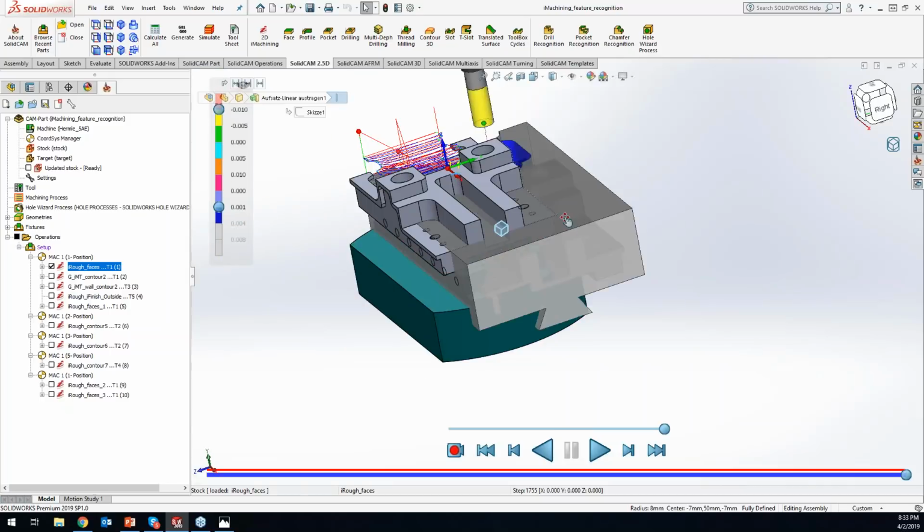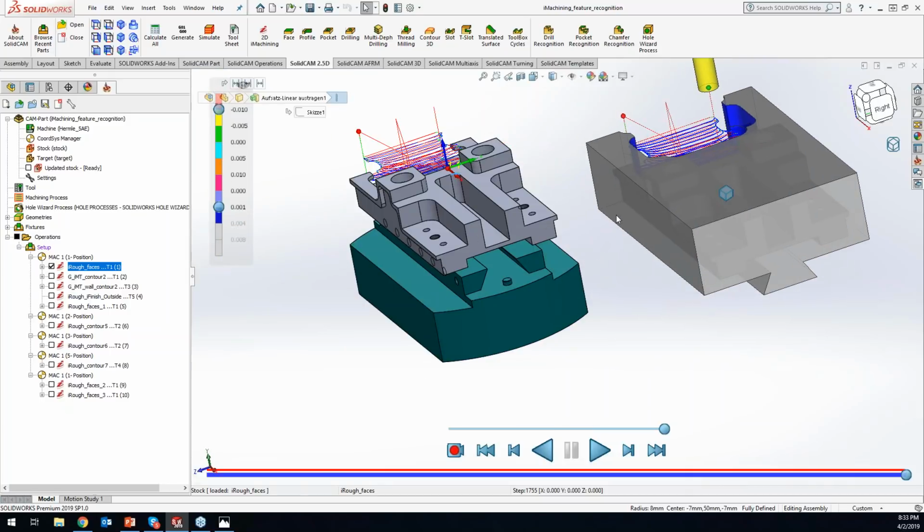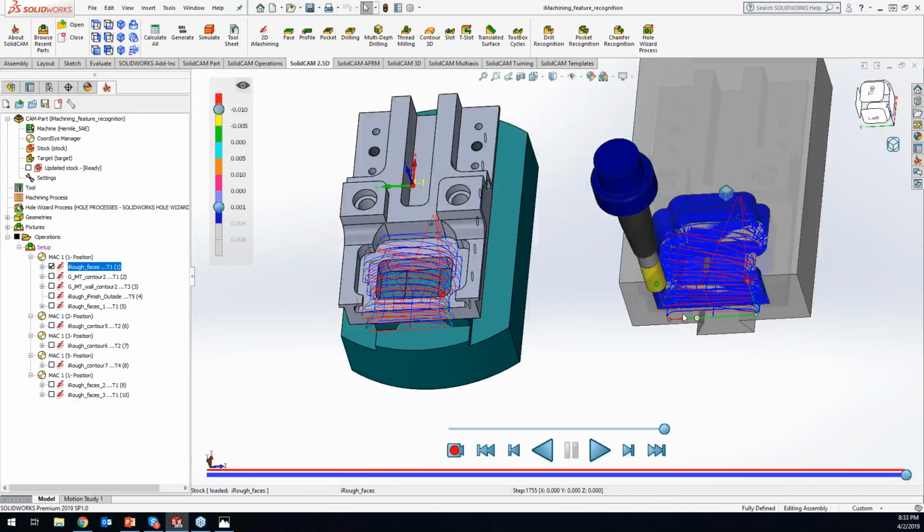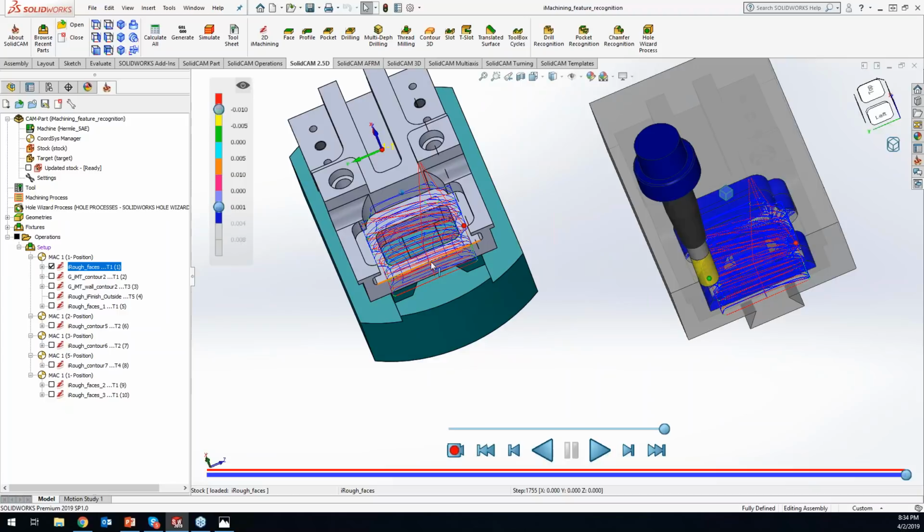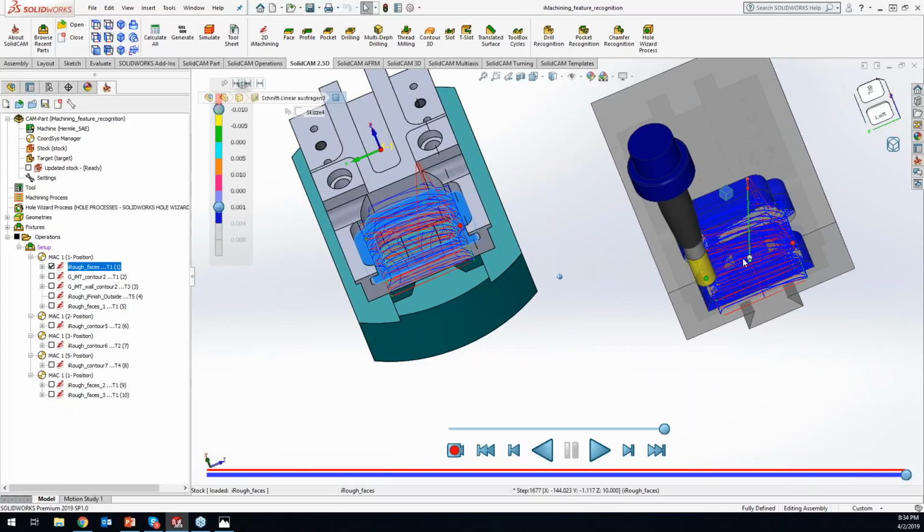So now, I think one other thing that we should cover with this new simulation is that you can click on any point of the toolpath, if you have the toolpath lines enabled, and it will snap that tool to that particular spot on the toolpath. So if I click, so right here,